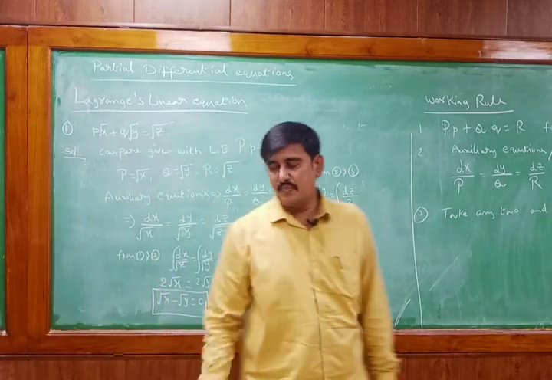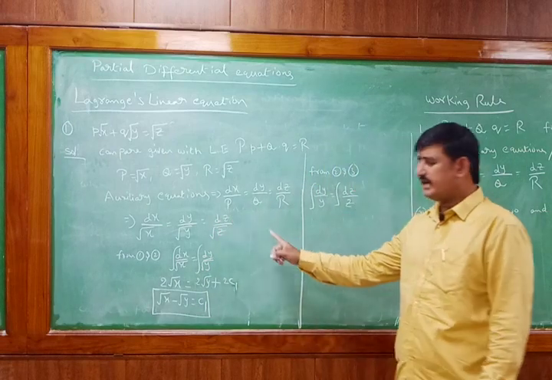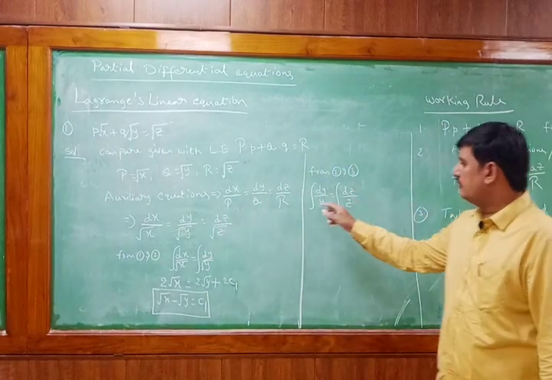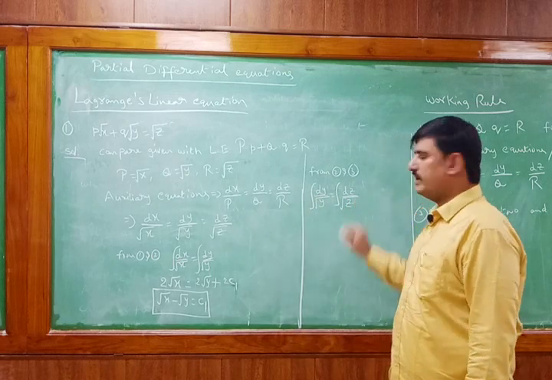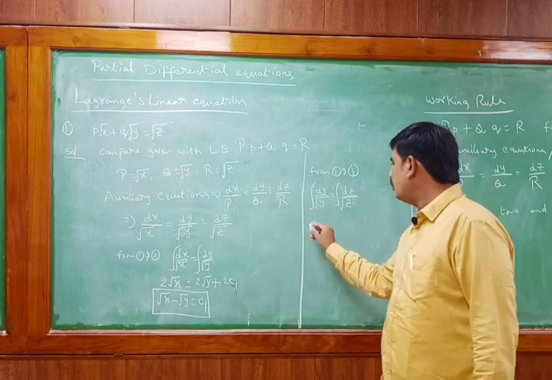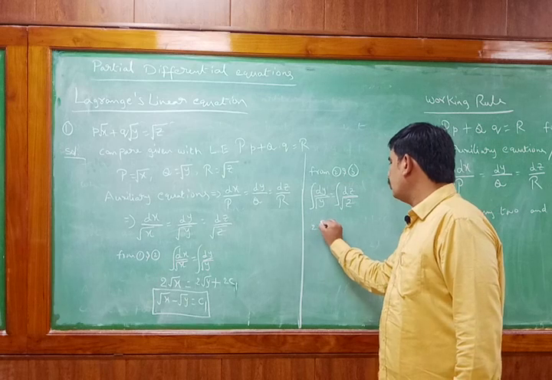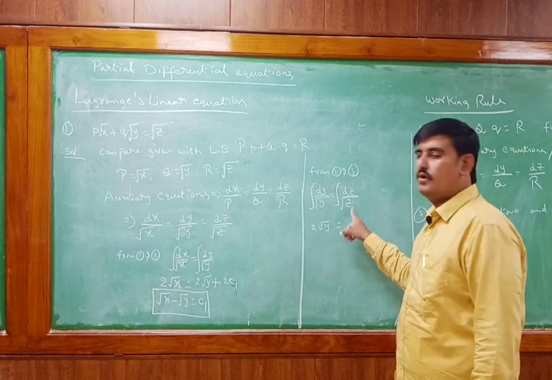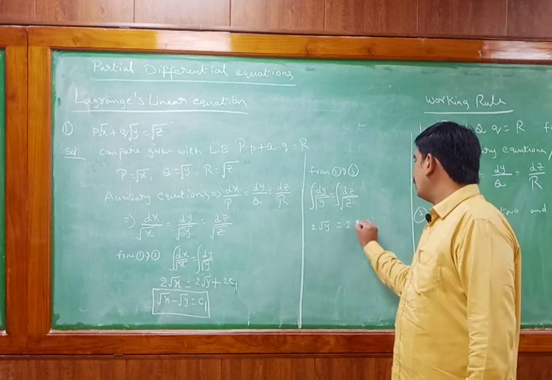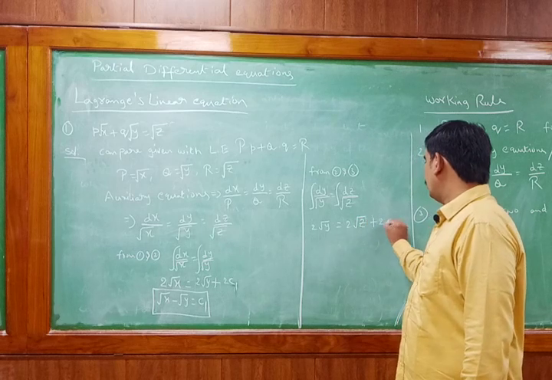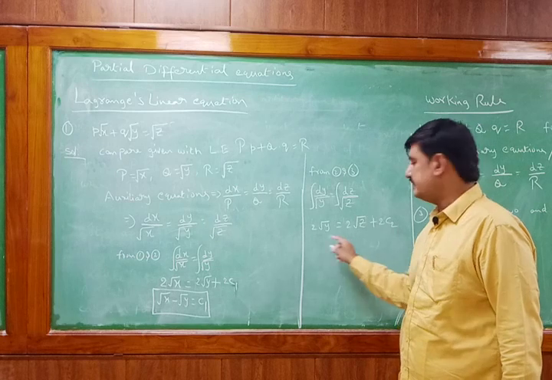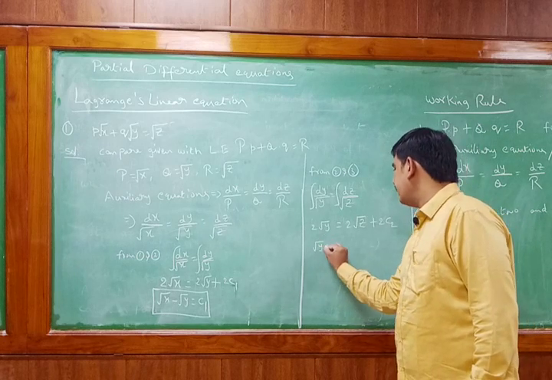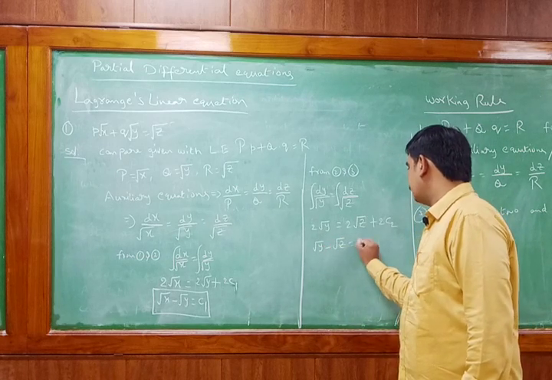Okay. Now for the second solution C2, what do we have to do? You take 2 and 3, dy by root y, dz by root z. 1 by root y integration is 2 root y, equal to 1 by root z integration, which is 2 root z plus 2 C2. Okay. So from all the sides 2 get cancelled and root y minus root z is equal to C2.